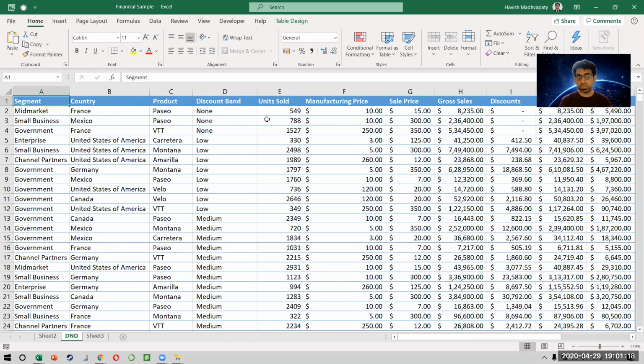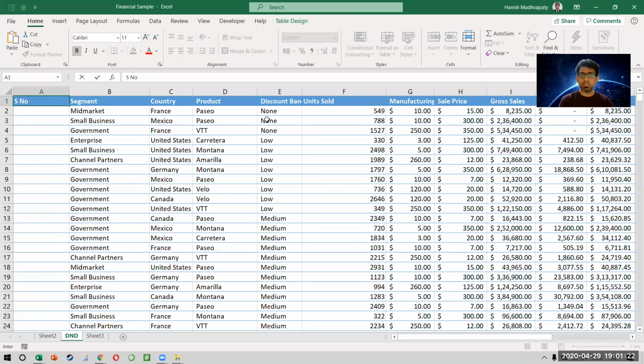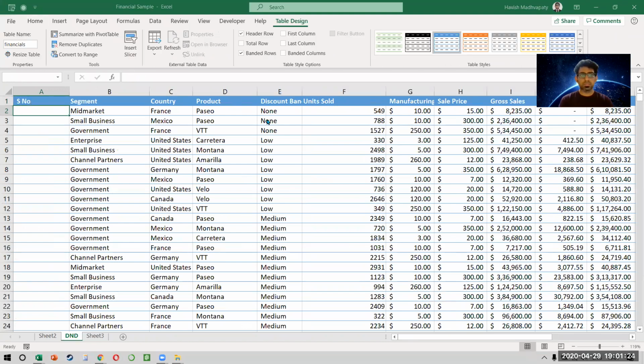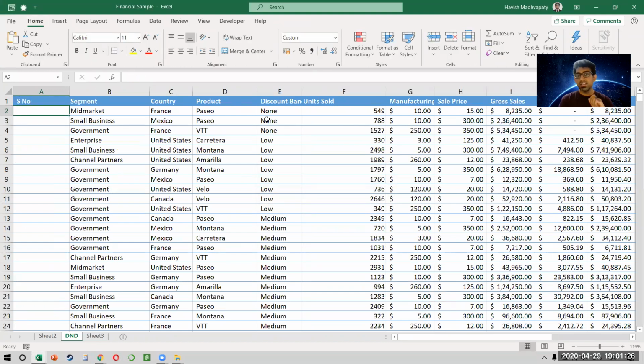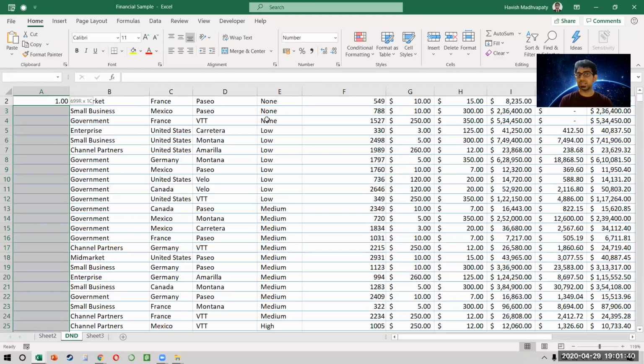What I want to show you is, imagine you wanted to write serial numbers, a small bit of automation. Now, how do you know your number is starting at 1? Let me just change this to numbers as well. You know that your cell is starting at A2, which is great. You know that the first number is 1. How do you know that the last number is 700 in this case? Very tricky. Think about it.